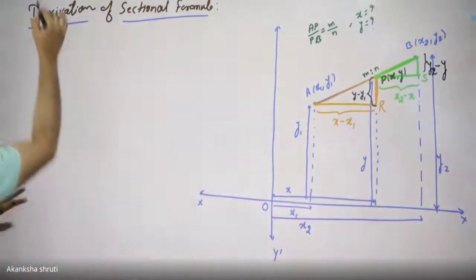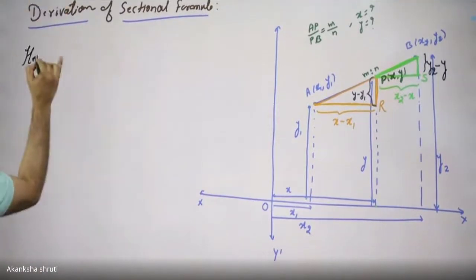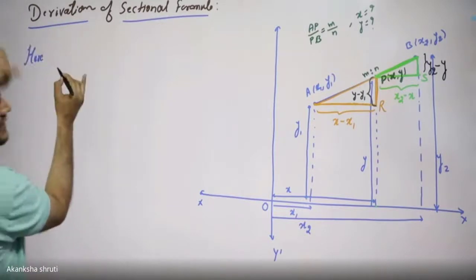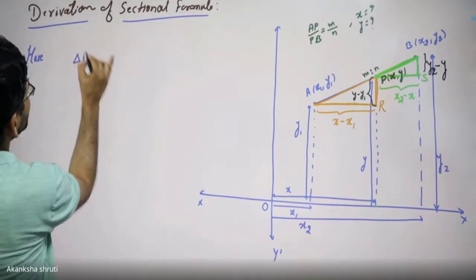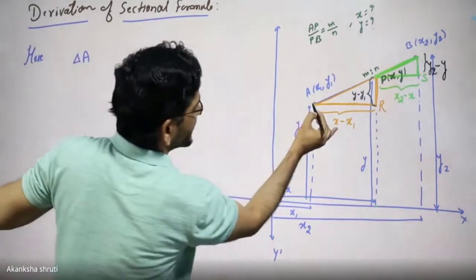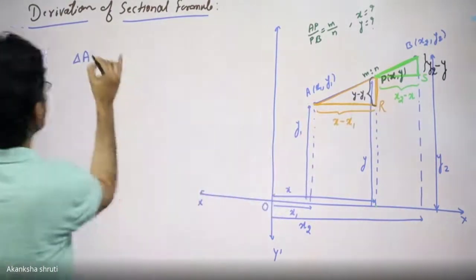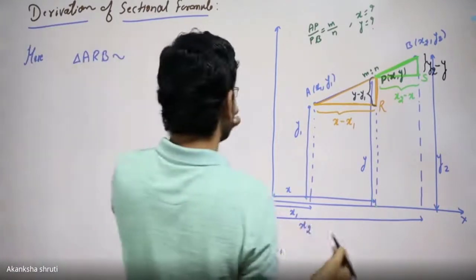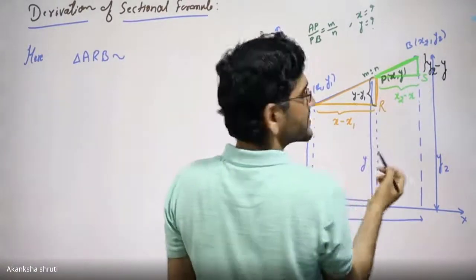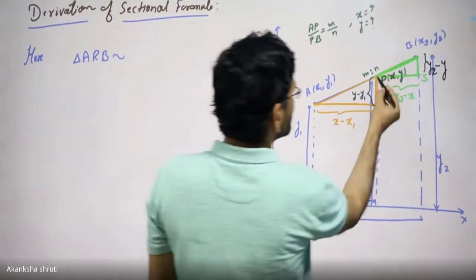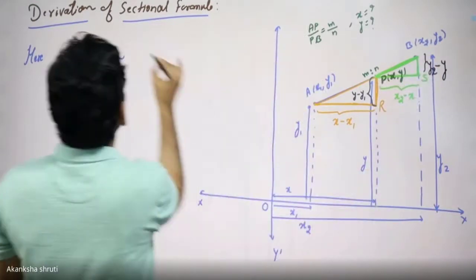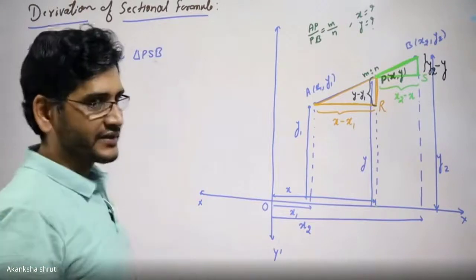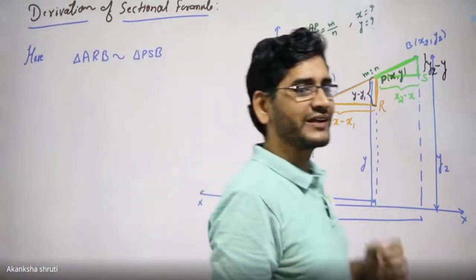Now we can write here, we have the two triangles which are formed. They are triangle ARP, and this is similar to, similar means the same shape, size may be different, triangle PSB. And we have a dedicated chapter related to the properties of similar triangles,